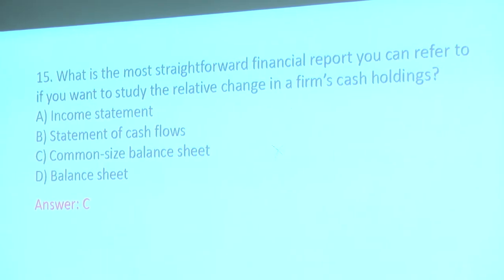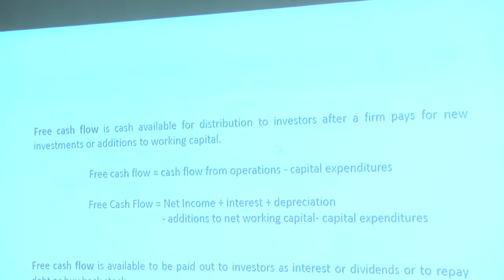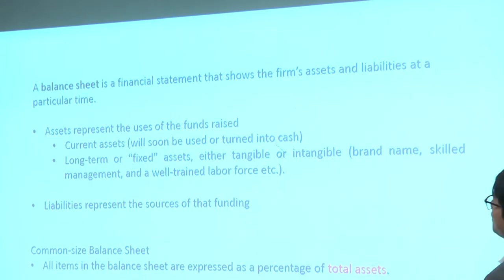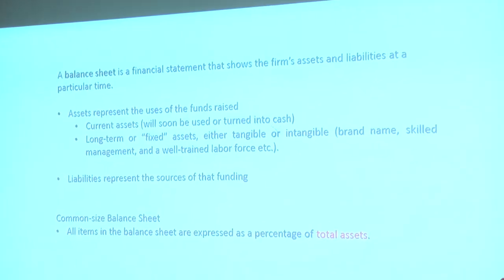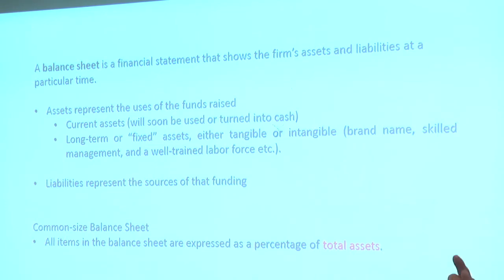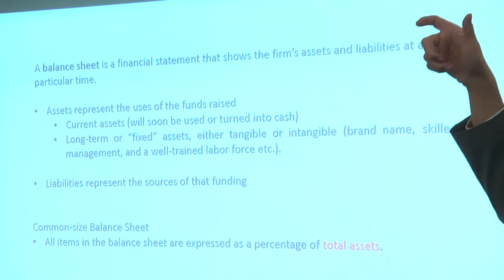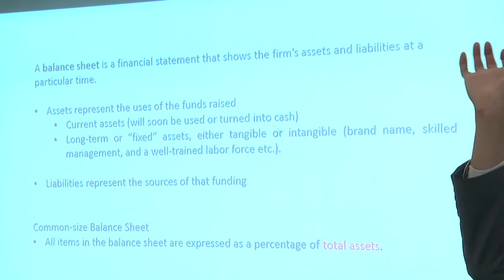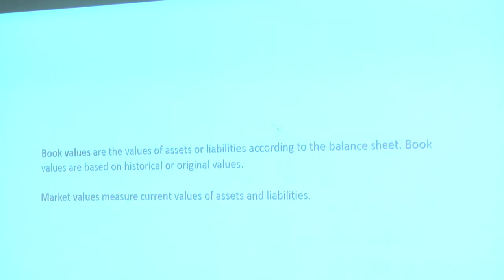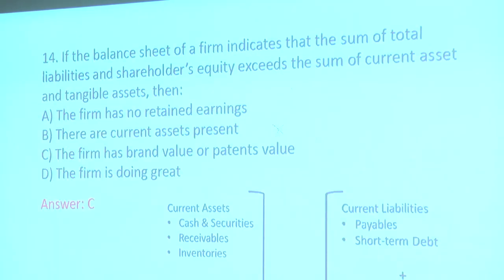Common size balance sheet and regular balance sheet. Great question. Let's rewind a bit. A balance sheet gives you the real dollar amount in each item. But what does a common size balance sheet do? Every item is in the percentage of the total assets. Basically, you divide every number by the number of total assets and acquire a percentage term. That's a common size balance sheet. You good? No problem.